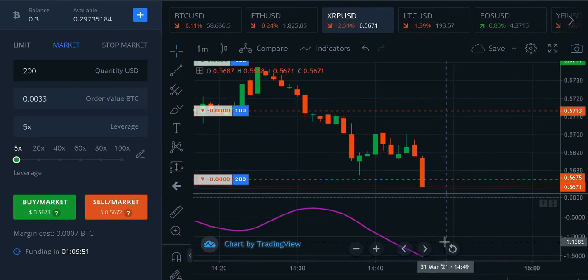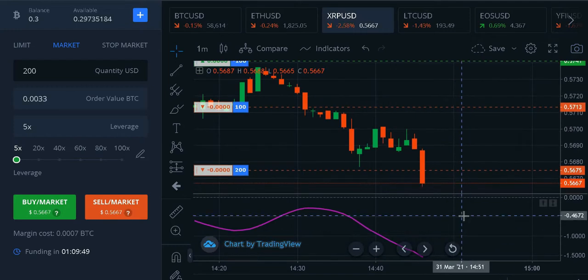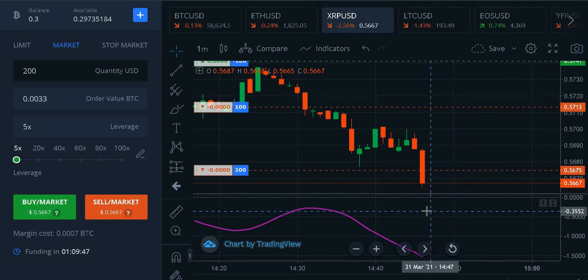I'm going to hit that buy button to confirm, and look at how quickly that order was filled. All right, I am looking forward to hopefully making some money today, and you can hopefully do it as well,